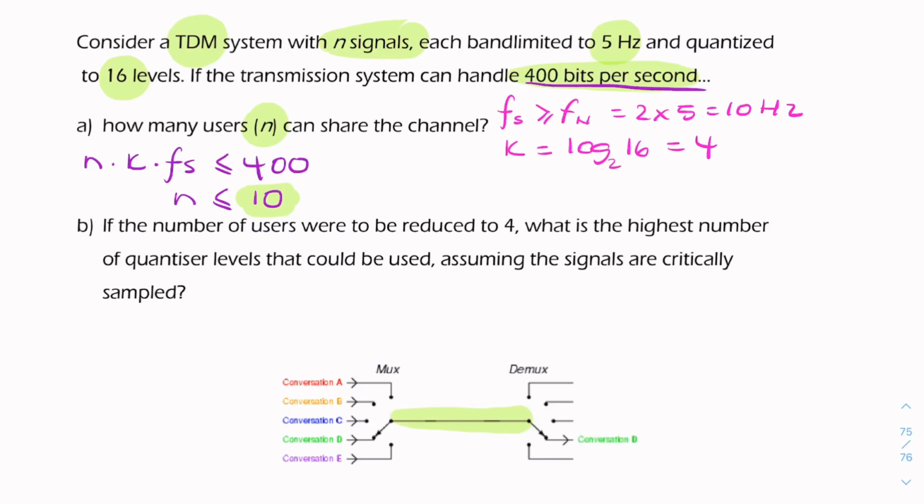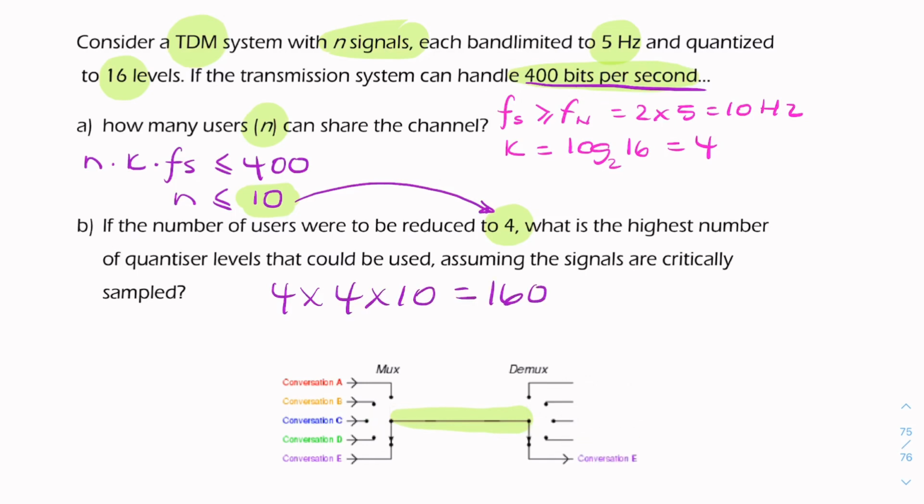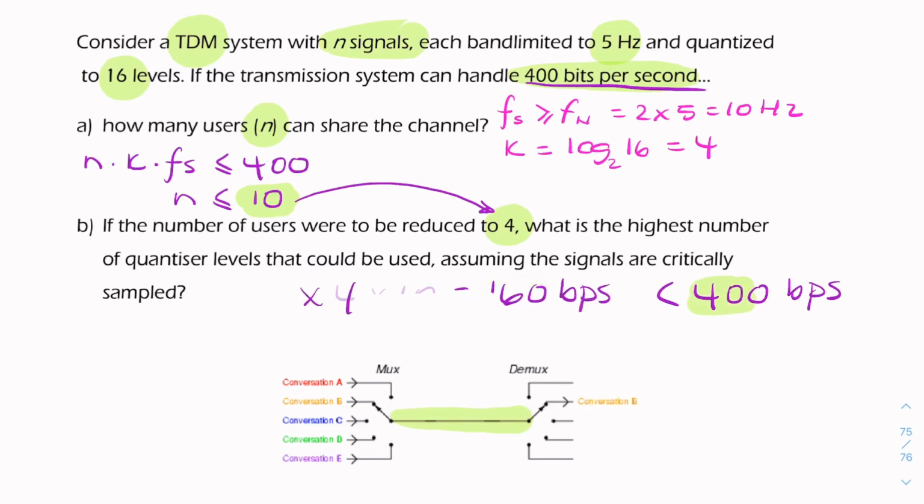Part B says that we don't have 10 users, we only have 4 users. So if we don't change anything, we would be using 4 times 4 times 10, which is 160 bits per second, which is much less than your 400 bits per second. So we can use the extra capacity, that's the difference between this and this, we can use that by increasing the number of levels. We don't have to stick to